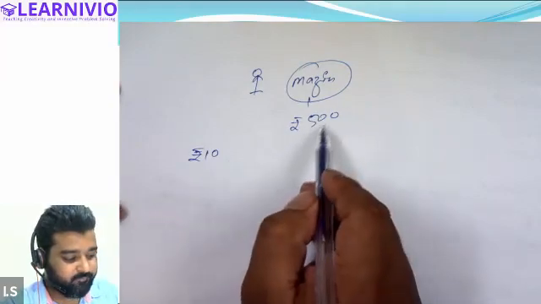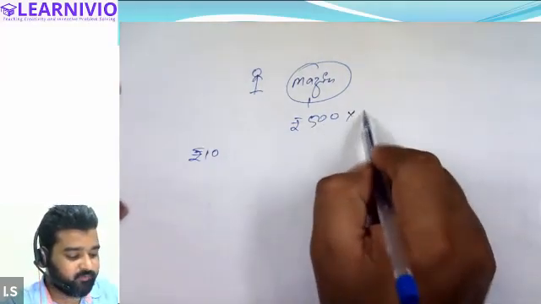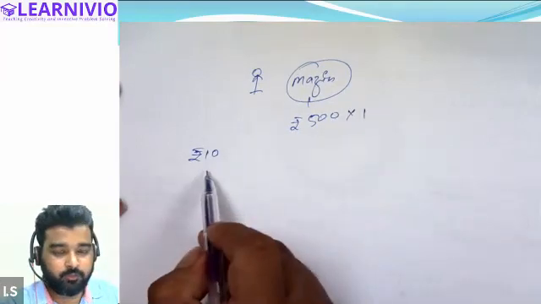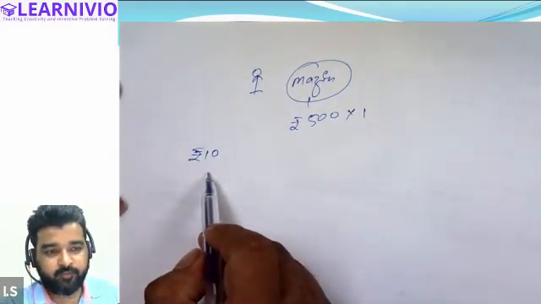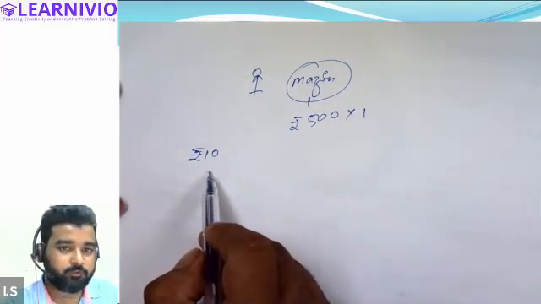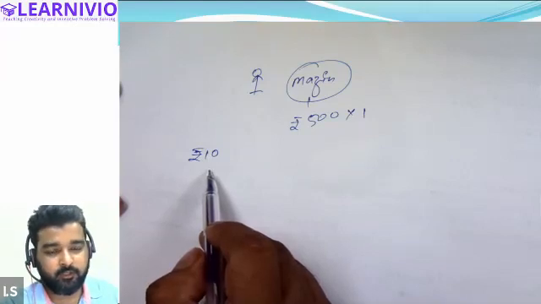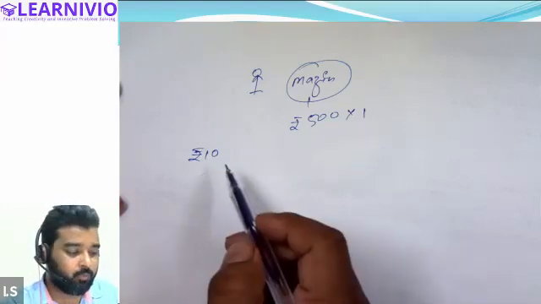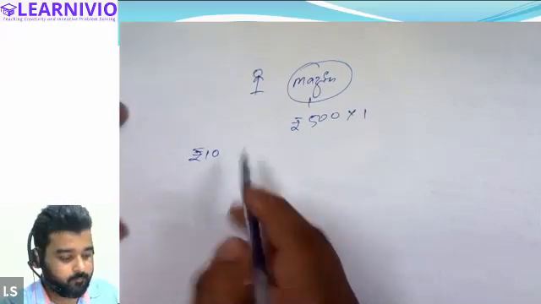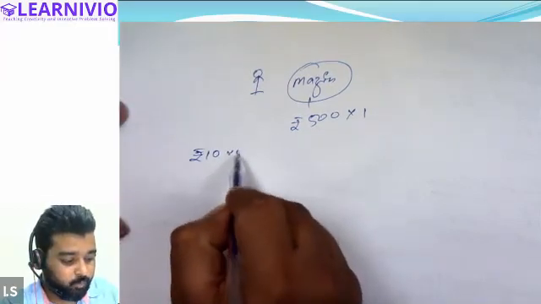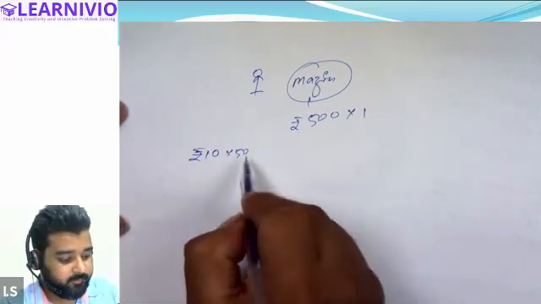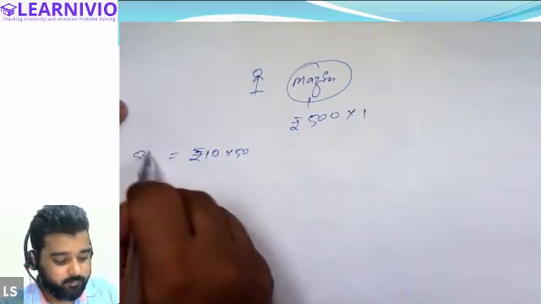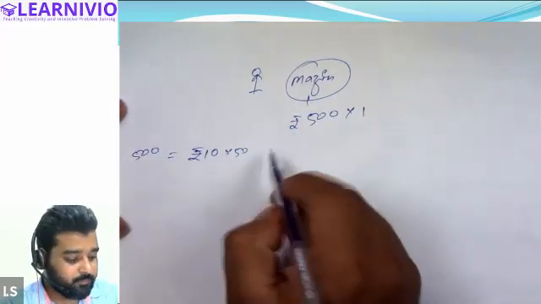I have taken 1 note of 500 rupees. I'm returning you 500 in the form of 10 rupee notes. So how many 10 rupee notes will you require to equalize the amount I have borrowed from you? I think 50 notes of 10 rupees will be equal to how much? 500 rupees. Correct. So this is option number 1.